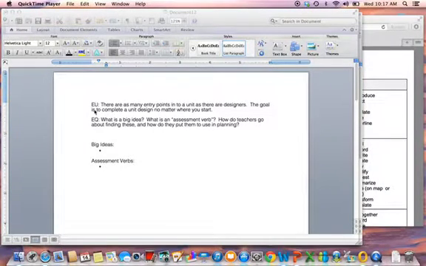There are as many entry points into a unit as there are designers of a unit. The goal is to complete a unit design no matter where you start. So you could start with a textbook, you could start with a lesson that you taught in a previous year, you can start really anywhere you want, as long as at the end all the considerations of the framework you're